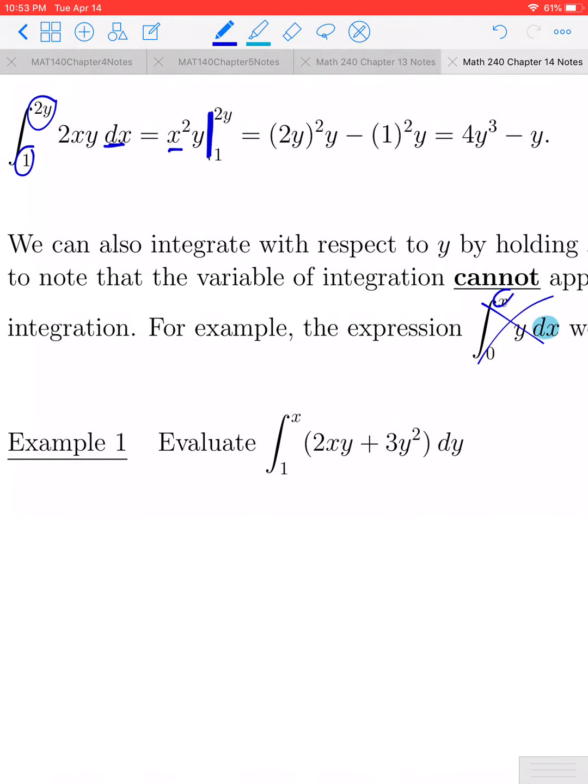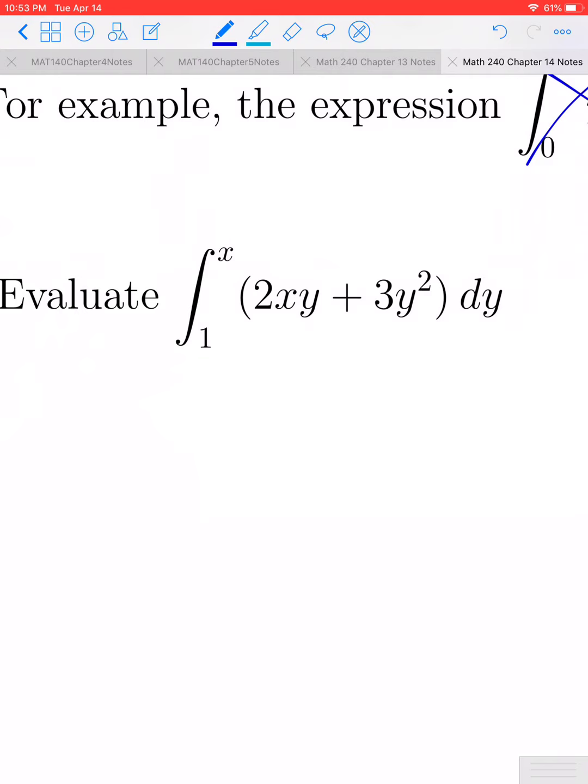Let's take a look at example 1 together. We want to evaluate the definite integral from 1 to x of 2xy plus 3y squared dy. So we're doing a definite integral here with respect to the y variable. If we're going to integrate with respect to y, then we're going to think of x as being constant. So when I integrate this first term, the 2x is constant, so leave the 2x alone. The antiderivative of y with respect to y would be y squared over 2